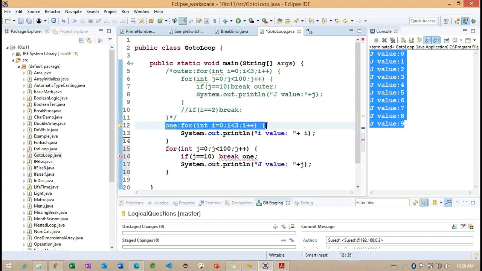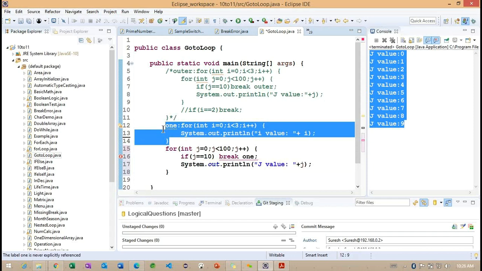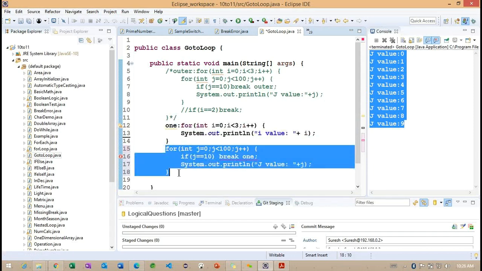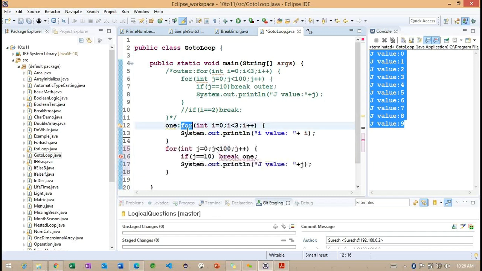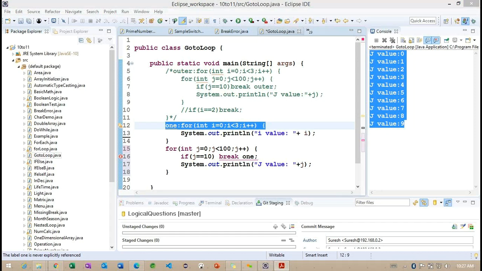Now you can see, we successfully defined it here, but the scope is opened and the scope is closed here. Again, we opened one more scope and closed one more here. So there is no relation between this loop and this loop. If we want to get the relation, what do we need to do? Within the particular scope where we define the label, we need to use it. So this section is very important. You may get some logical questions based on these goto statements. Does anyone have any questions here?